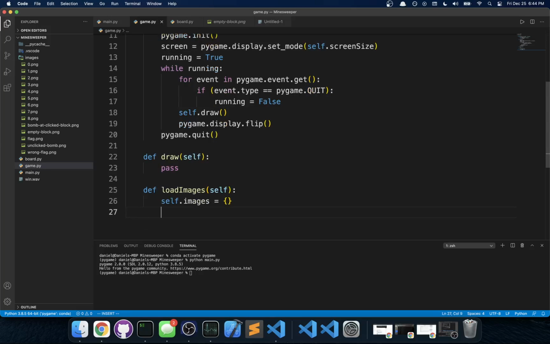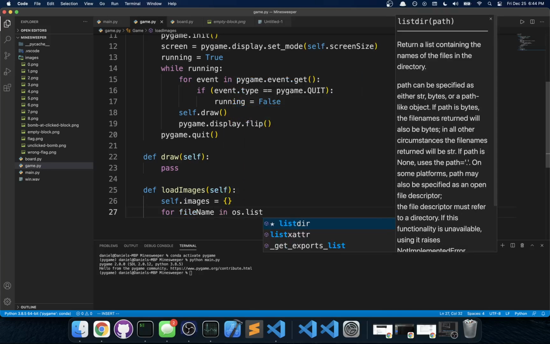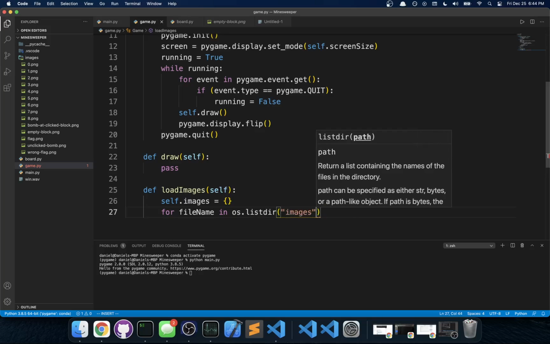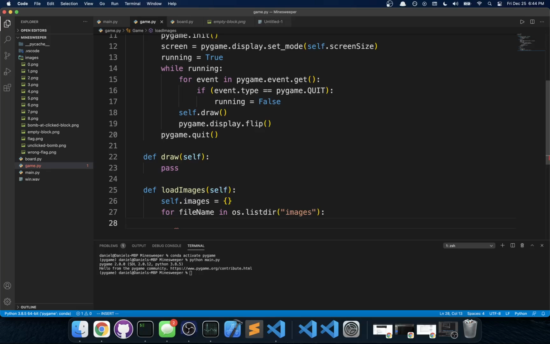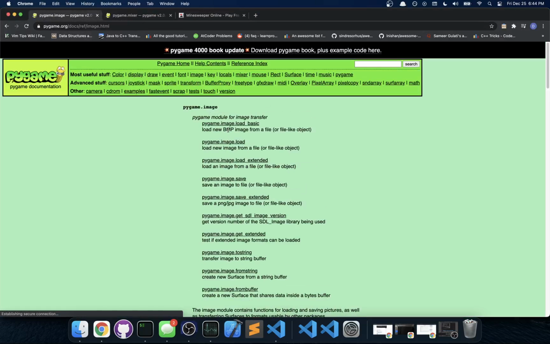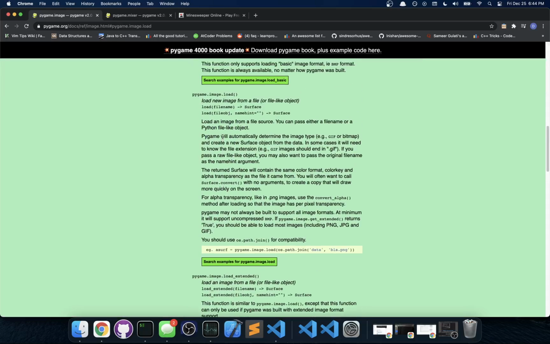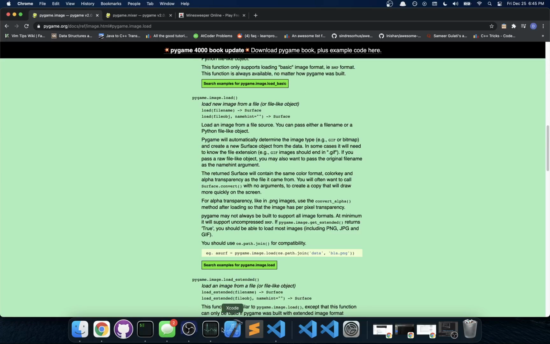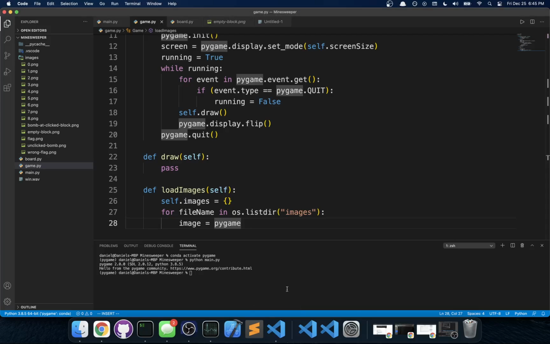So for file in os.listdir, and we're in the images directory, we're going to grab the image using Pygame's image.load, which takes in a file name. So we'll load images/ the file name,